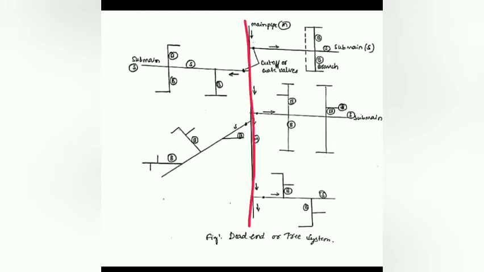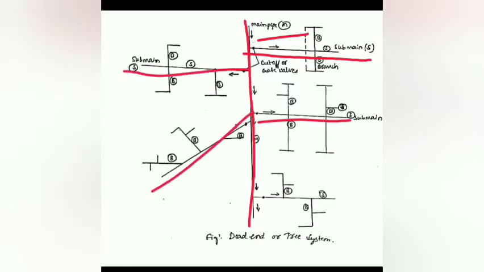What we are seeing is the main pipeline, indicated by the letter M. From the main line, we are originating a number of sub-main lines. Here you can see it is indicated by the S. This is also a sub-main. However the roads are going in that pattern, sub-mains are taken. From the sub-mains, we are taking off the laterals. From the laterals, we can provide the service connections to the consumers.